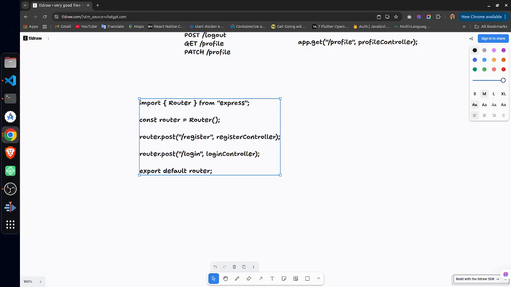So notice we use router here instead of Express. Why? Because a router is a mini Express application dedicated to handling related routes. So whenever we are doing that, we have to mount this router inside our app.js file. So inside your app.js file, you have to put this code